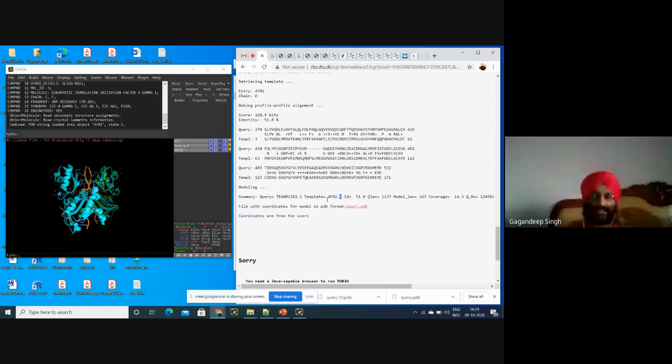Okay, so what will we do? First of all, we'll display sequences. And for this template 4F02A, this is the A chain. We'll select this A chain by clicking and then select like this. A chain, B chain, we don't require this B chain as well. There is no C chain in this. Now this is D chain, we require this. This is the important chain for this structure. Okay.